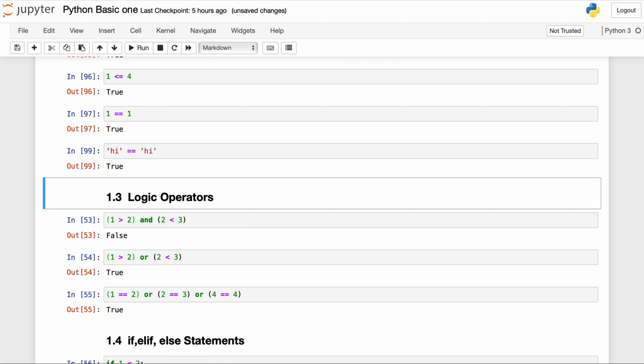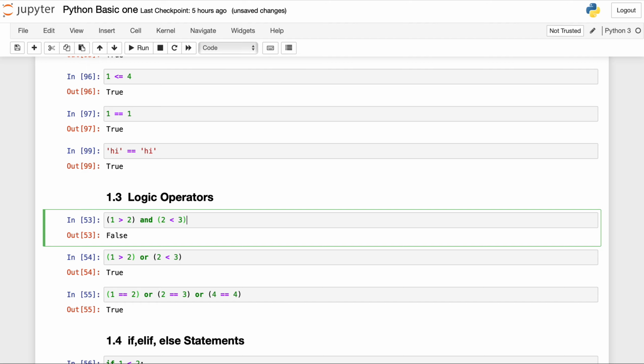Now logical operators. Logical operators are nothing but and, or. You might have studied in Boolean logic that and will be true when both values are true, and or will be true if any one of the values is true. Suppose here 1 is greater than 2, so this is false, and 3 is greater than 2, this is true.